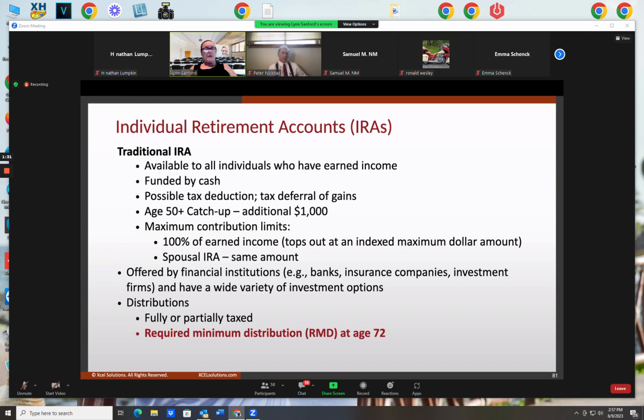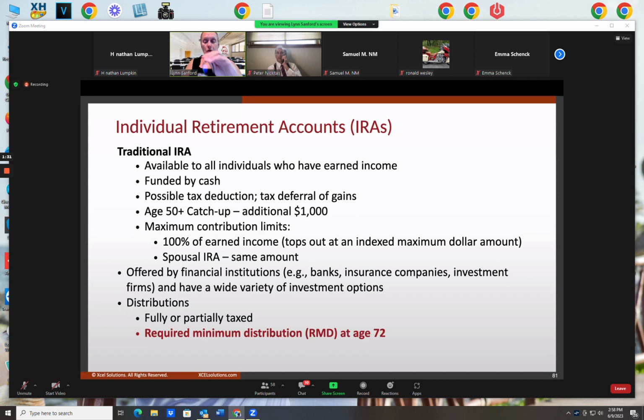It's possible for you to take a tax deduction off your 1040 for the amount of the contribution that you make to your traditional IRA account. But a couple of things have to happen for you to be able to take the full tax deduction. You have to not be participating in any other qualified plan offered to you by any of your employers. Because if you are, you're already getting a tax break by contributing to that, and you cannot make a contribution and take a full tax deduction off your 1040 form.